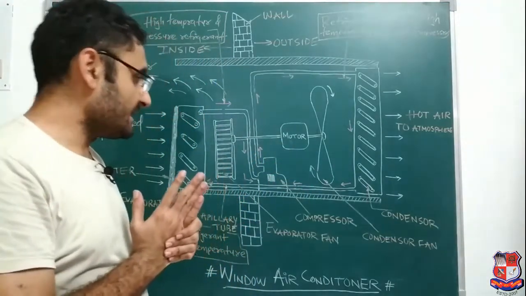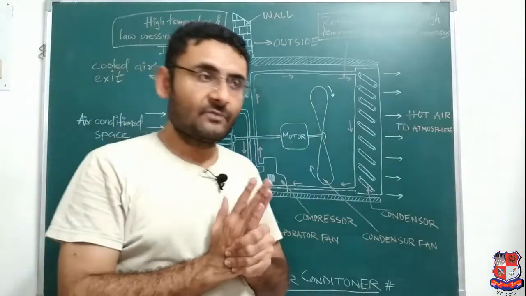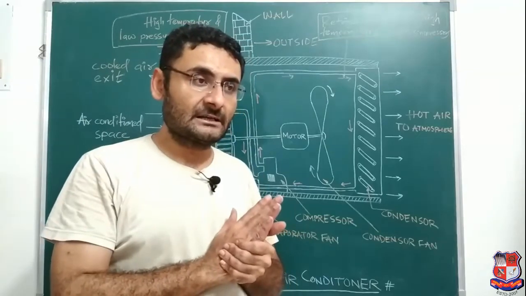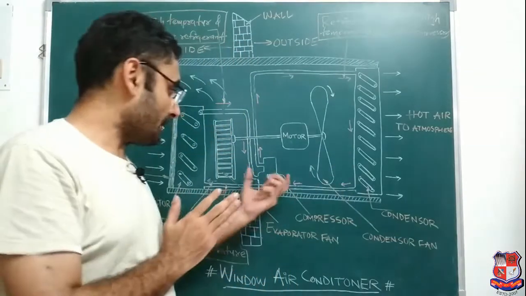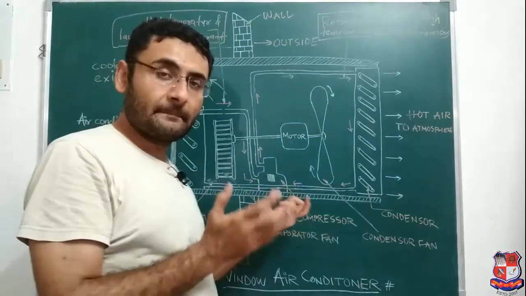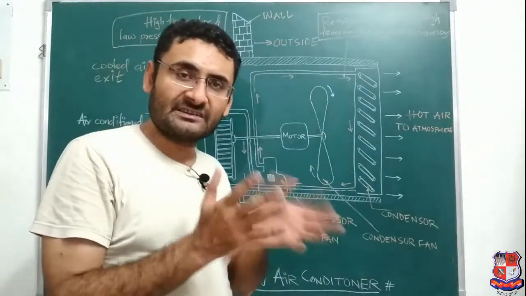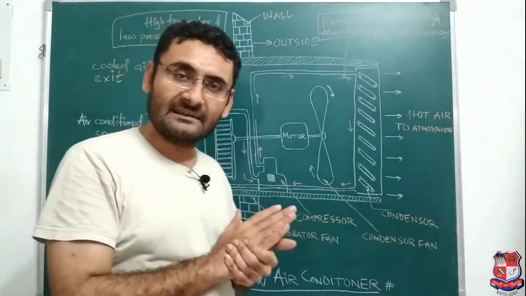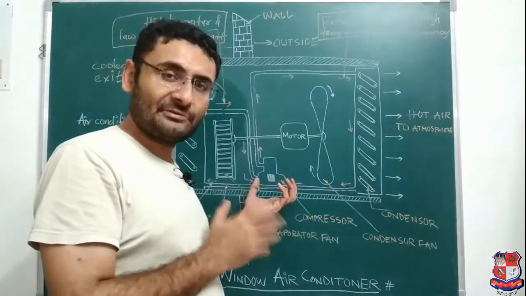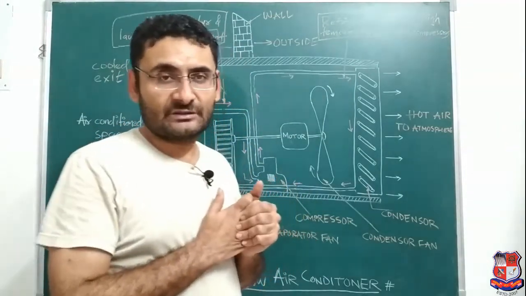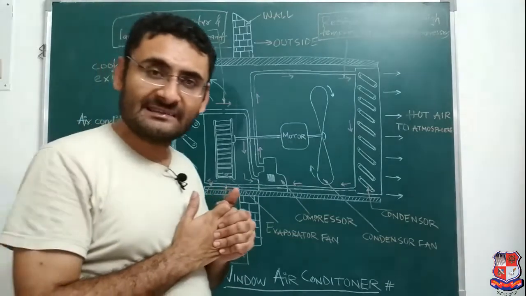Now over here certain limitations are there. The first limitation is that in this type of air conditioner, the compressor is located very near to the room, and as you know, the compressor will produce some noise. Why? Because it vibrates when electricity supply is given to the compressor. So as the compressor is producing some noise, inside the room also some noise is present. So that is the first disadvantage, you can say.